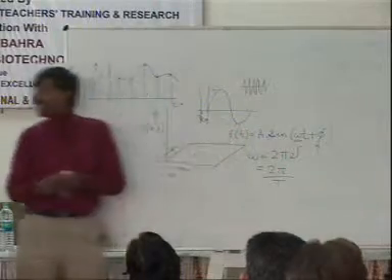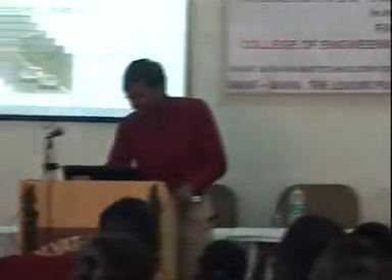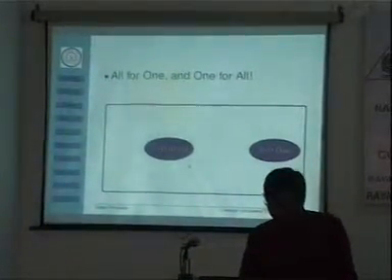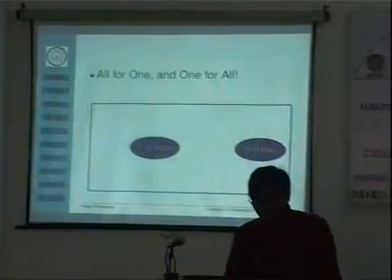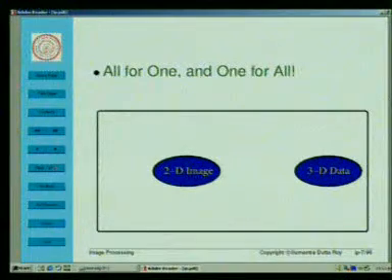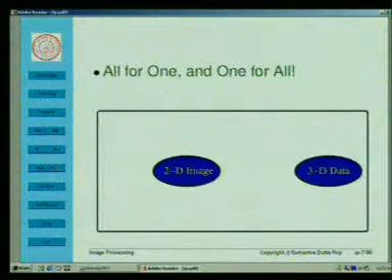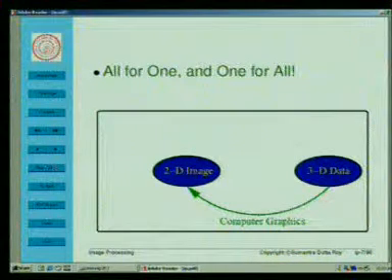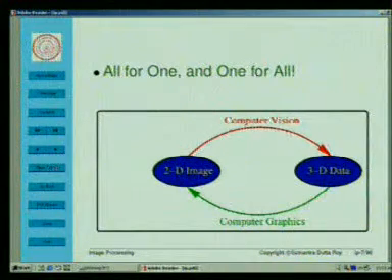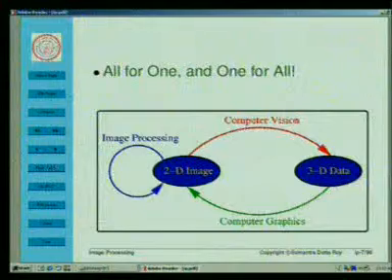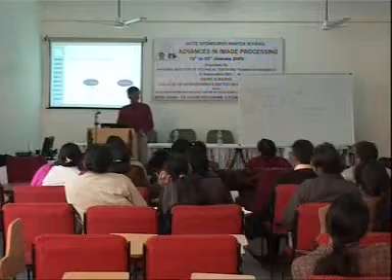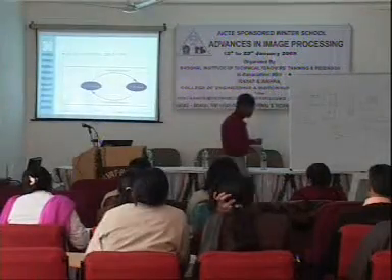Now we'll come to a couple of terms that you would have heard. They sound similar and have rather similar connotations. At one end, I have a two-dimensional image or a set of two-dimensional images, and on the other hand, I have three-dimensional data. Now, if from three-dimensional data I get either one or more realistic 2D images, this is basically computer graphics. And using two eyes, basically what one has is